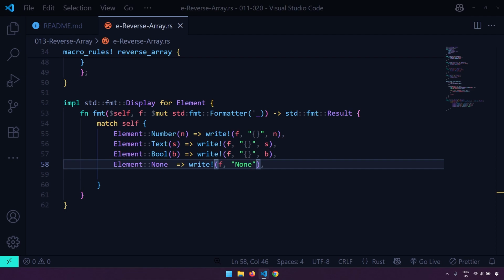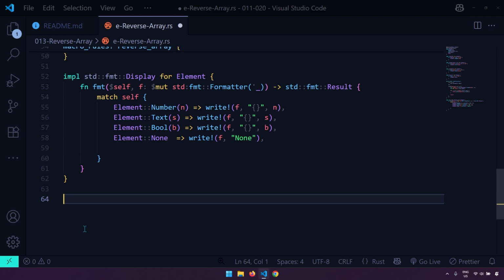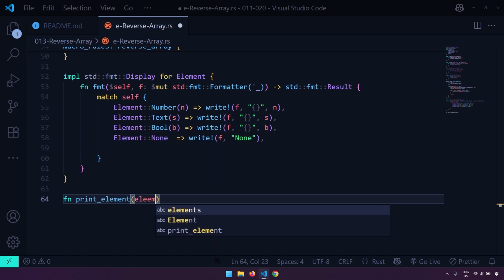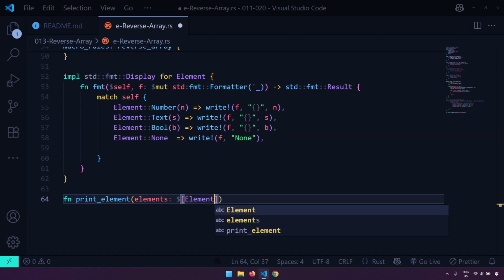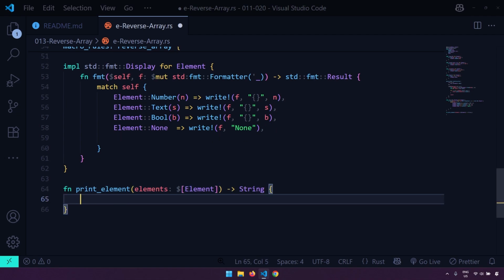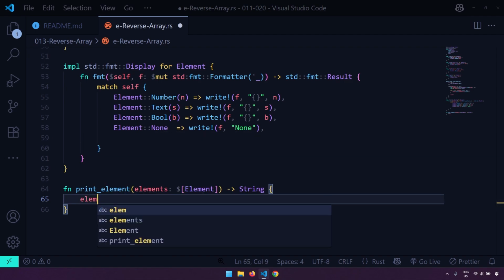All right. So now that we have created all of this, let's actually try to create a function that is going to implement this for us. So I'm going to create a function that's going to be print_elements. And then this is going to accept elements. And the type of that is going to be a slice of an element enum. But what that is going to produce is, as we specified, it's going to be string. All right. So we select our elements,